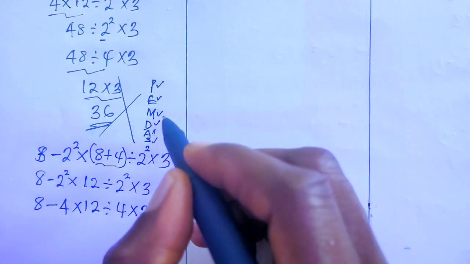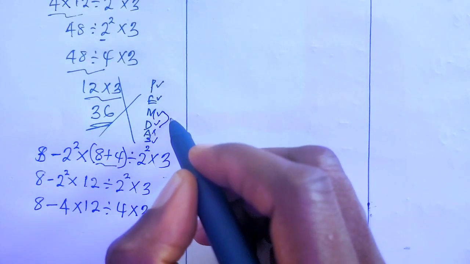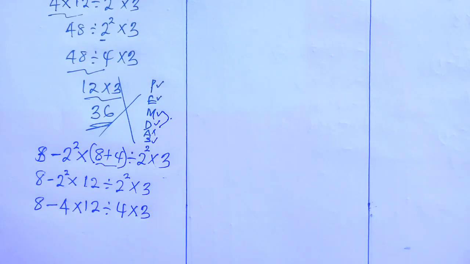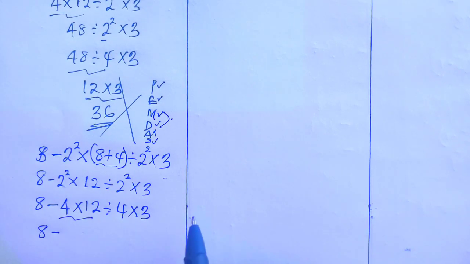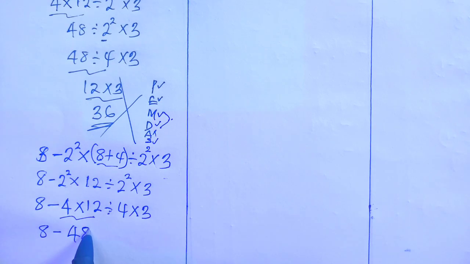Note that multiplication and division have the same precedence, and the operation goes from left to right. As such, we consider multiplication first. Then we have 8 minus 4 times 12, that gives us 48,